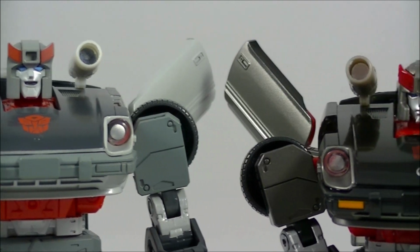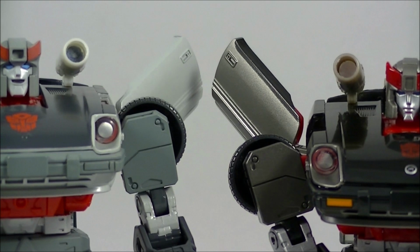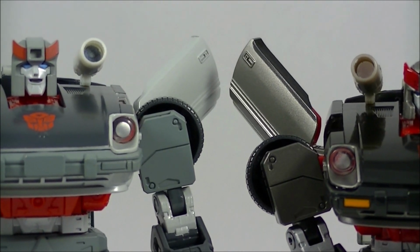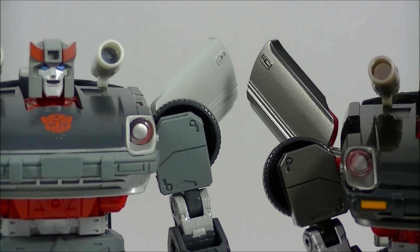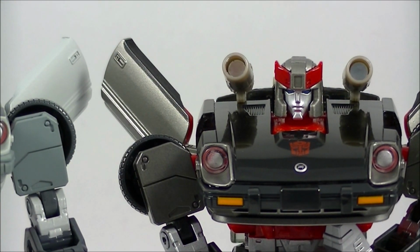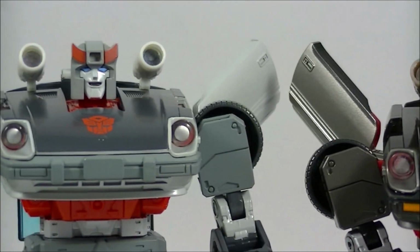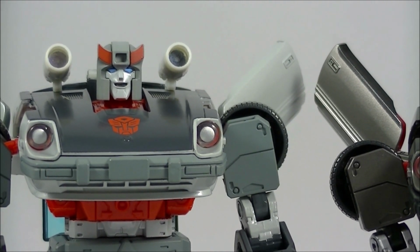And I think the head sculpt there, you compare it against the original, it's almost just a tad larger, I think. And I think the side parts along here are definitely a bit more cartoon accurate as well, with those cheek guards there. I'm not quite sure if the original Bluestreak here was just a repaint of the Prowl head sculpt, but I think this new one is definitely far better. But that's pretty much it from a